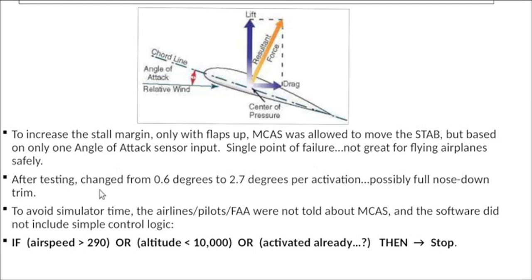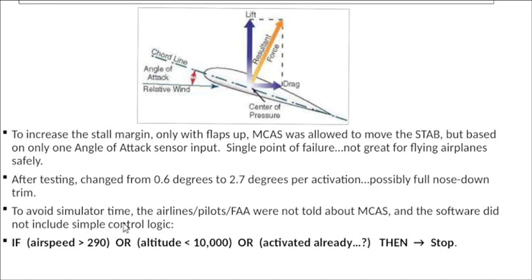After some testing, they also figured out that they needed to make the amount of activation greater. So they went from 0.6 degrees to 2.7 degrees per activation. So depending on where the stabilizer was in the beginning, this is possibly full nose down trim already after 2 activations. To avoid simulator time and some financial penalties in certain contracts for the sales of the MAX, the airlines, the pilots, and the FAA inspectors were not told about MCAS,